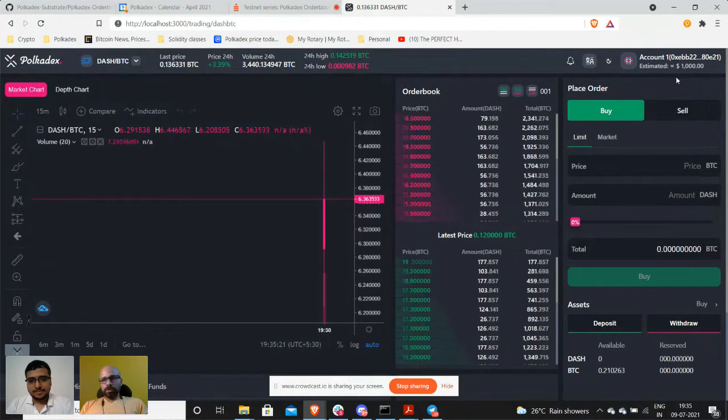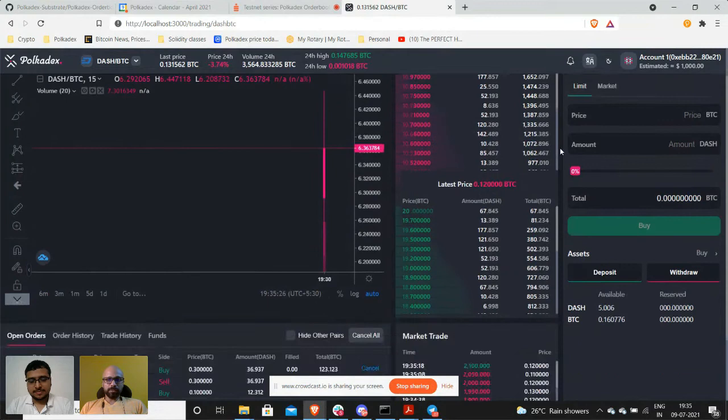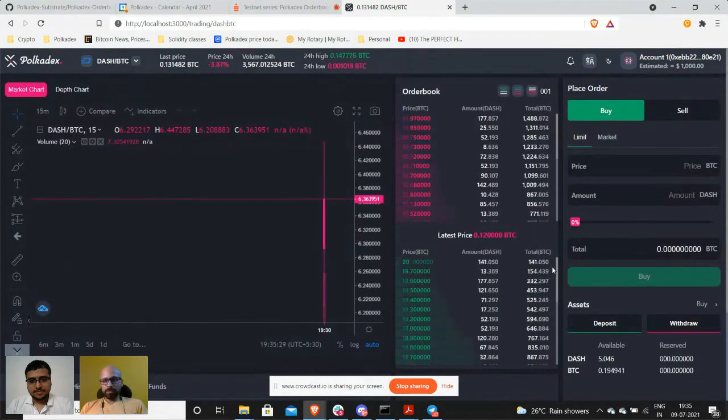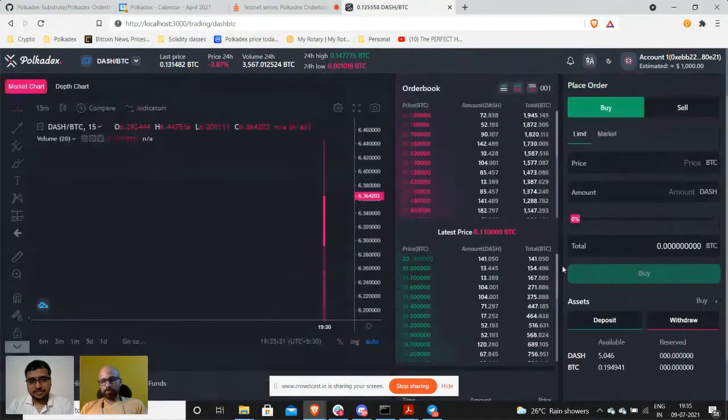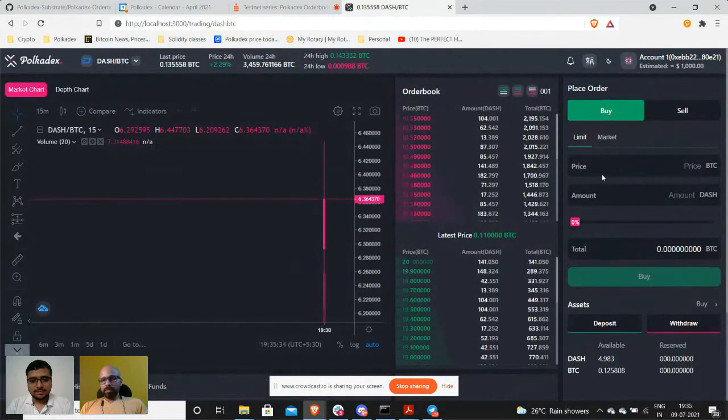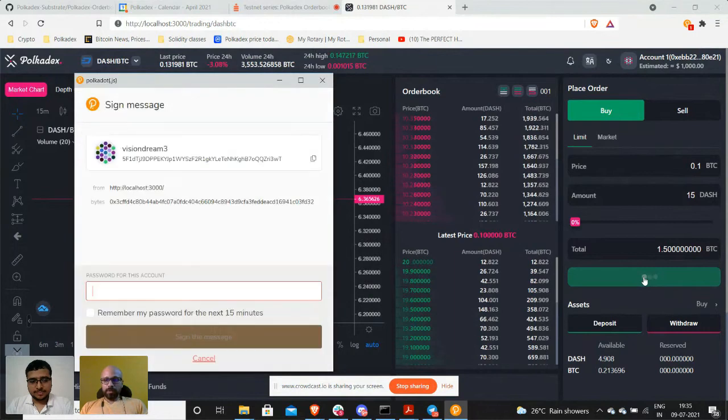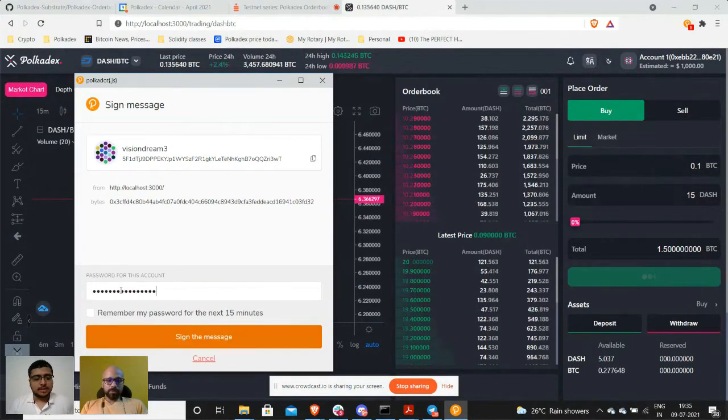So your address will be displayed here, and you can try to interact with this. This is a simulation environment, so you have trades being placed automatically to simulate that. And if you try to place a test trade, you can just give some dummy value. When you click on the trade, buy or sell button, you'll be prompted for another signature to complete the. Vivek, one minute. Let me just explain what's happening here.